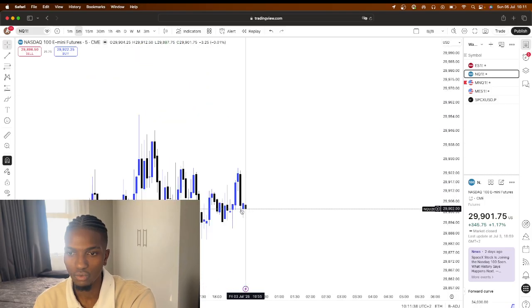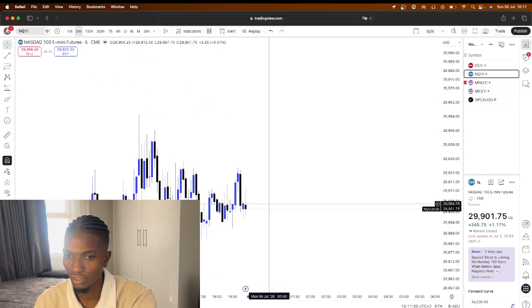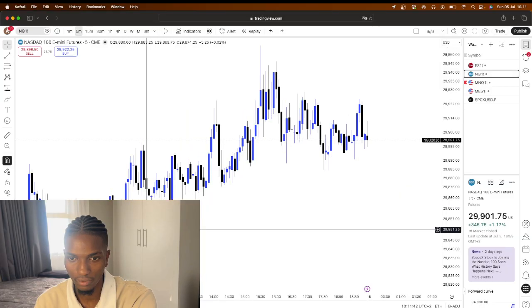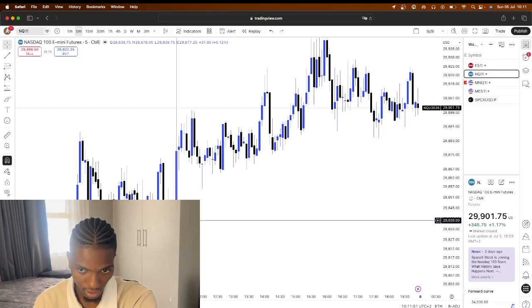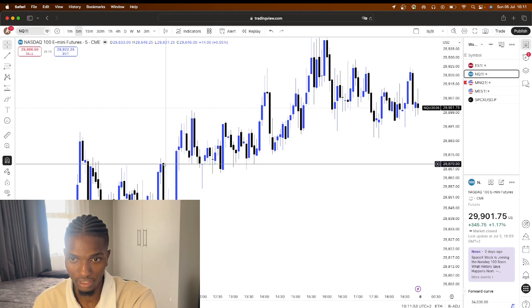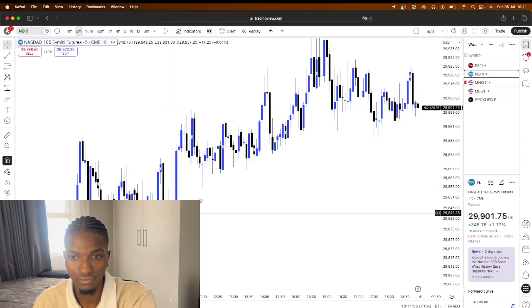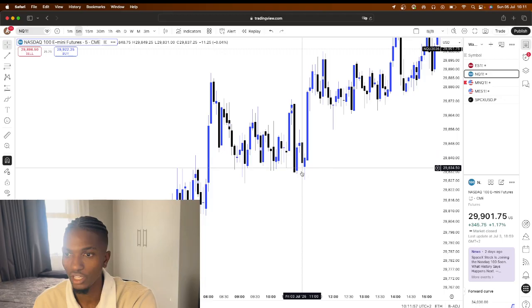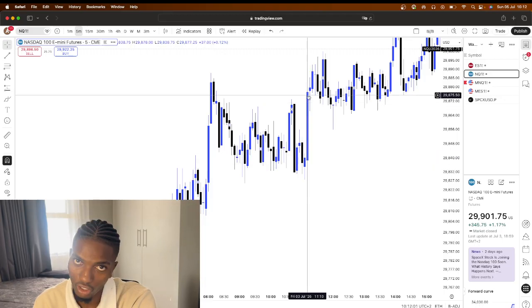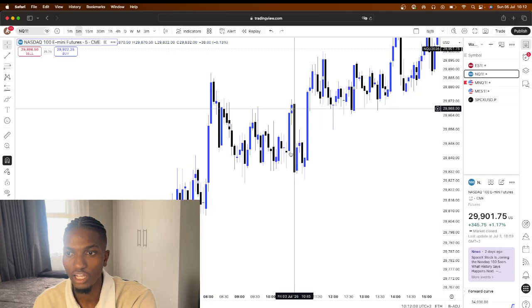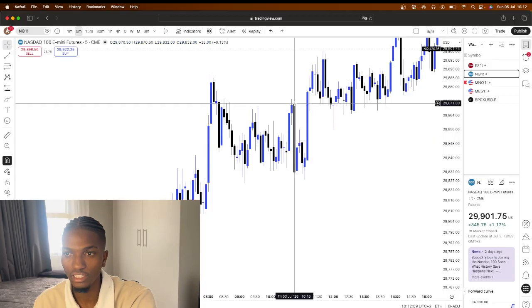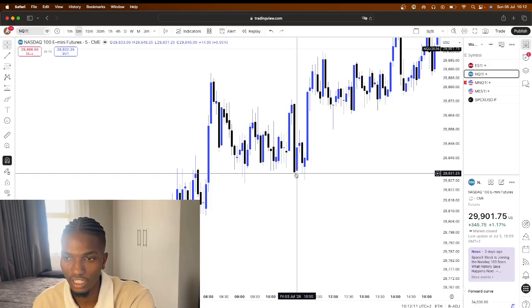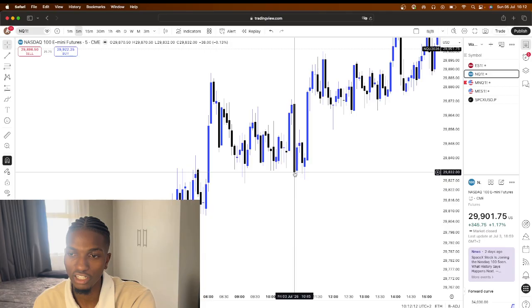Again, if we have a huge move up like this previous example here, it means there are a lot of buyers in the market. A lot of buyers, huge move up. A lot of sellers, huge move down. So a huge move up, a lot of buyers; a huge move down, a lot of sellers. Meaning that when this huge move down closes, there is a potential for the sellers to